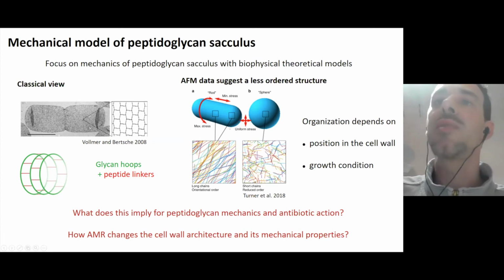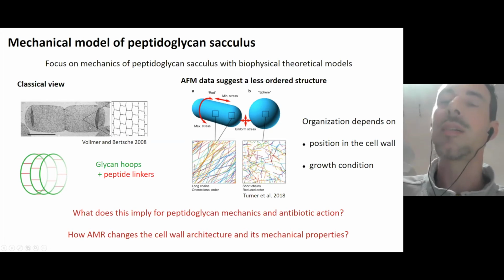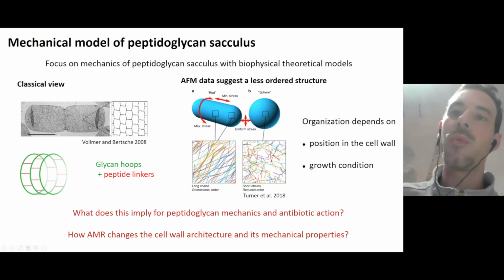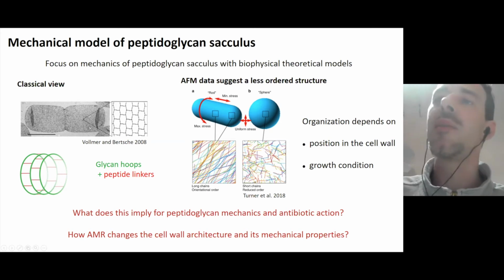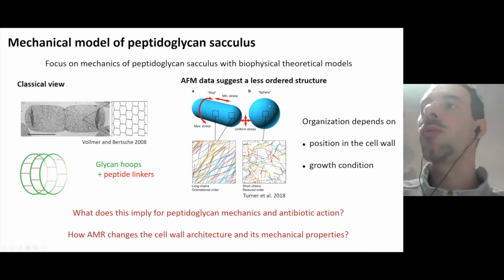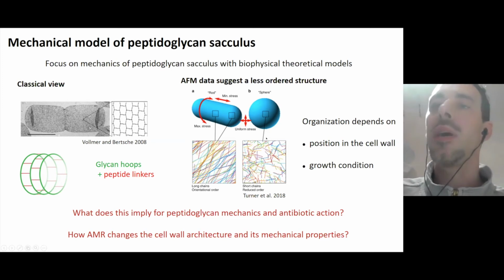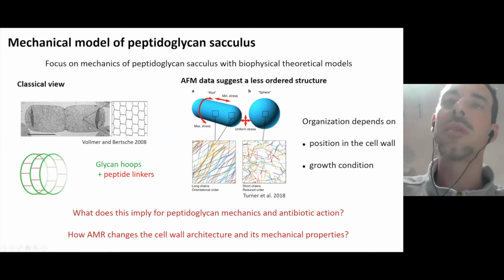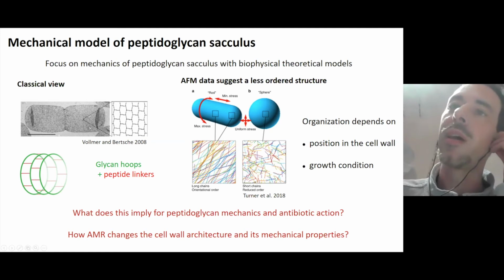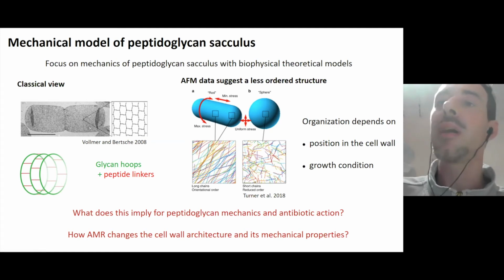For example, in the picture, you see a bacterium that is happily growing, a spherocylinder, and in this case the glycans are long and well-ordered. While in the presence of stresses, the bacterium becomes spherical, for example during mycelium action, and in this case the glycans are shorter and the order is much reduced. So basically, the older models concentrated on studying the ordered part. We would like to move to the disordered part.